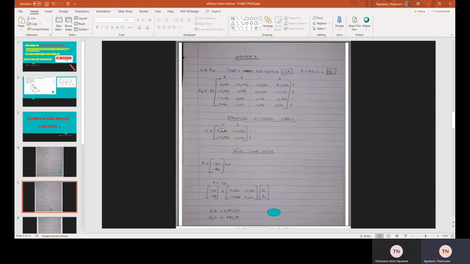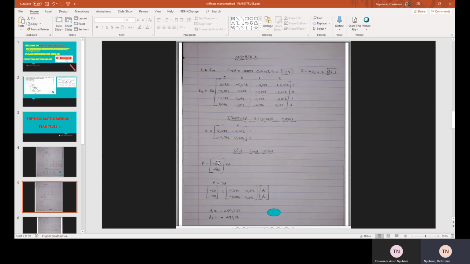From there, when we have our different matrices k1, k2 and k3, we find our S, adding those coordinates 1 and 1 from member 1, 2 and 3, and then we add 2 and 1 for member 1, 2 and 3, and then we constructed our P, which is the joint load vector,